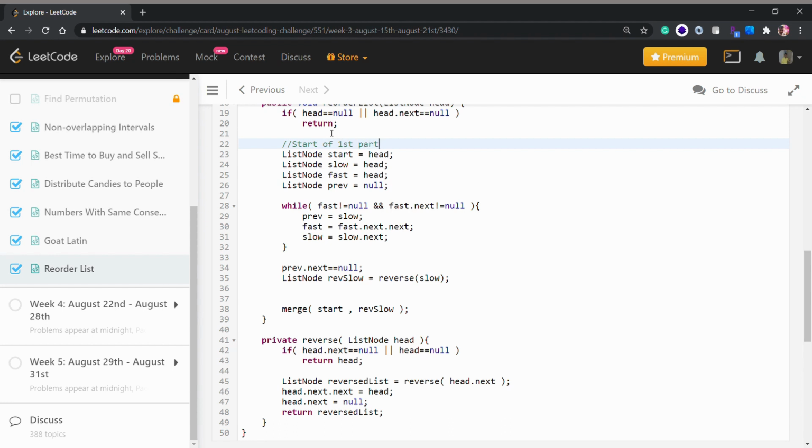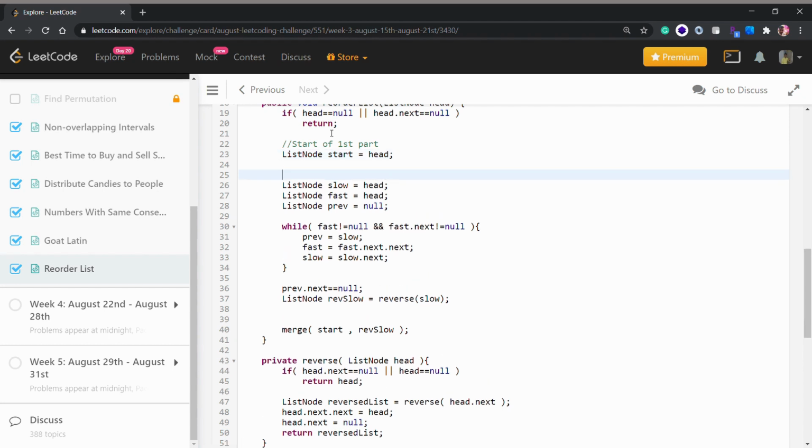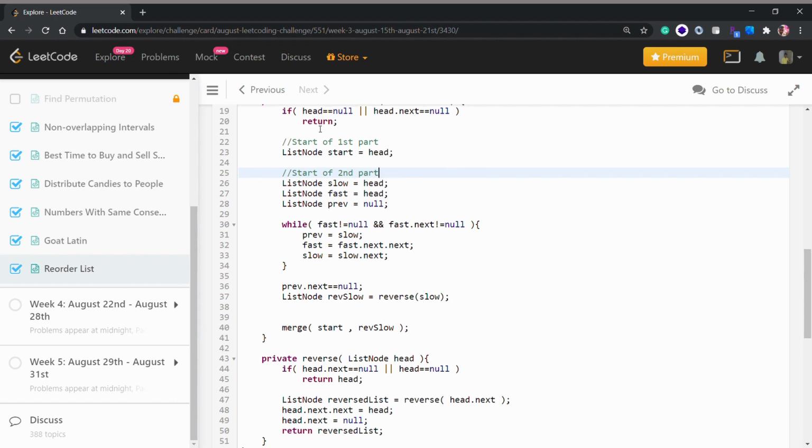And our slow will be the start of our second part, because it divides our linked list into two parts. As you saw in our example previously, 1 2 3 4, it will divide into 1 2 and 3 4, and slow will point towards 3. That's why it is the start of the second part.